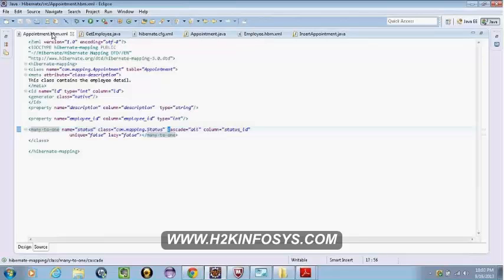The column status ID is the key. Status ID is the column in the appointment table, yes. Status ID is the column that we are mapping to the specific class.